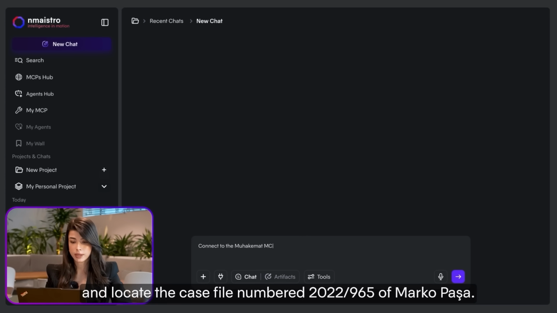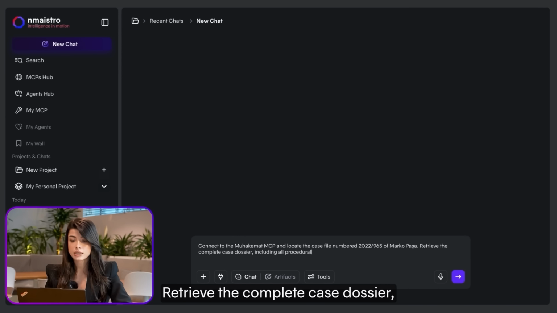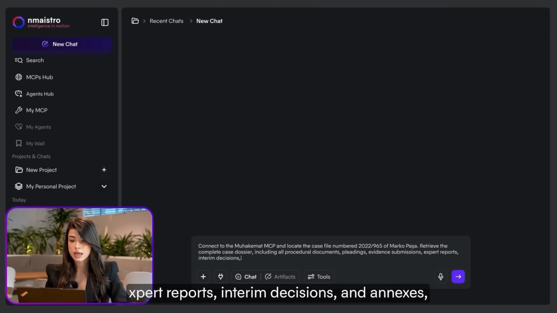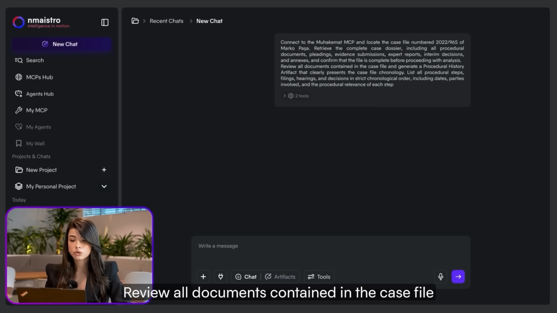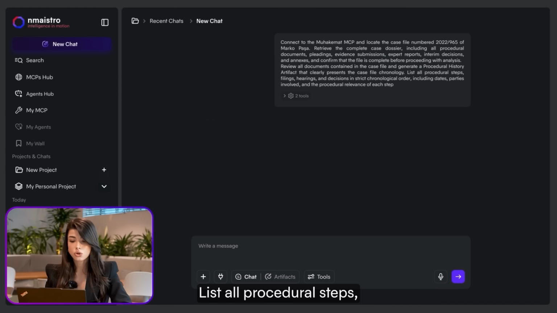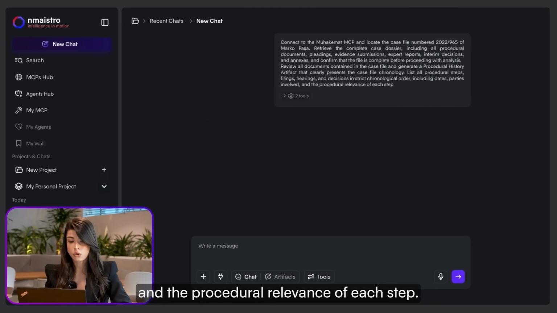Connect to the Muhakemet MCP and locate the case file number 2022/965 of Marco Pasha. Retrieve the complete case dossier, including all procedural documents, pleadings, evidence submissions, expert reports, interim decisions, and annexes, and confirm that the file is complete before proceeding with analysis. Review all documents contained in the case file and generate a procedural history artifact that clearly presents the case file chronology. List all procedural steps, filings, hearings, and decisions in strict chronological order, including dates, parties involved, and the procedural